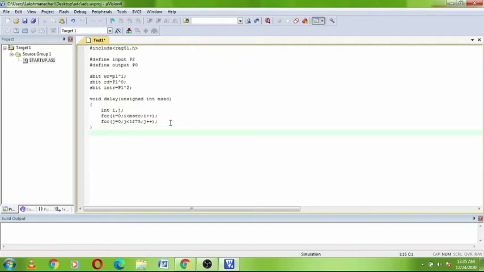Next, write the ADC function, void ADC. So this void ADC function is to read the inputs from the ADC and display the output on the LEDs. So we are connecting the LEDs at the output, so we are observing the output on the LEDs. So read is equal to 1; write is equal to 0; delay of 1;